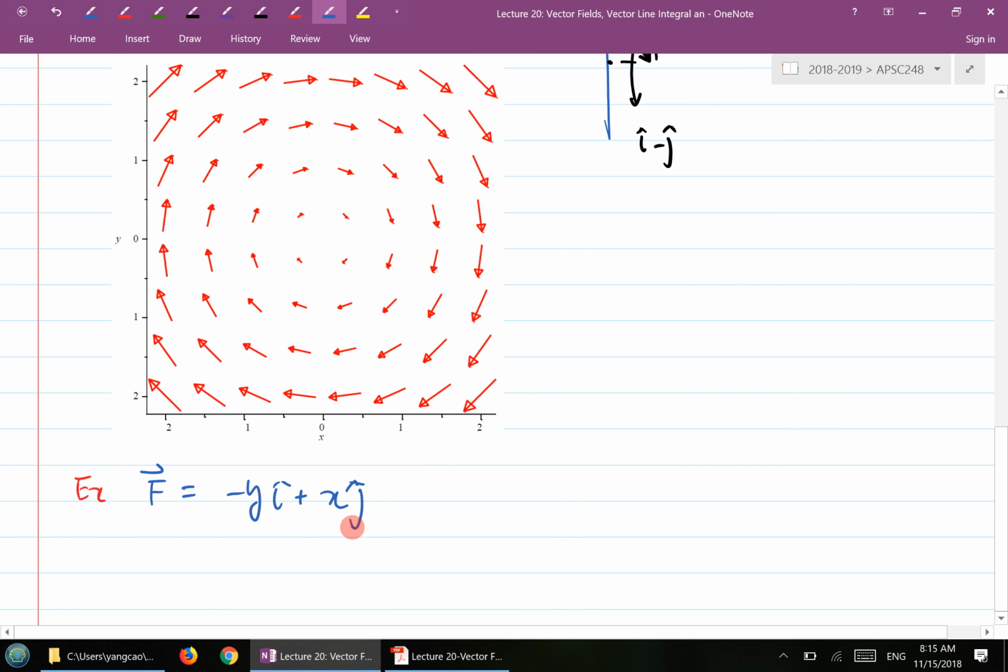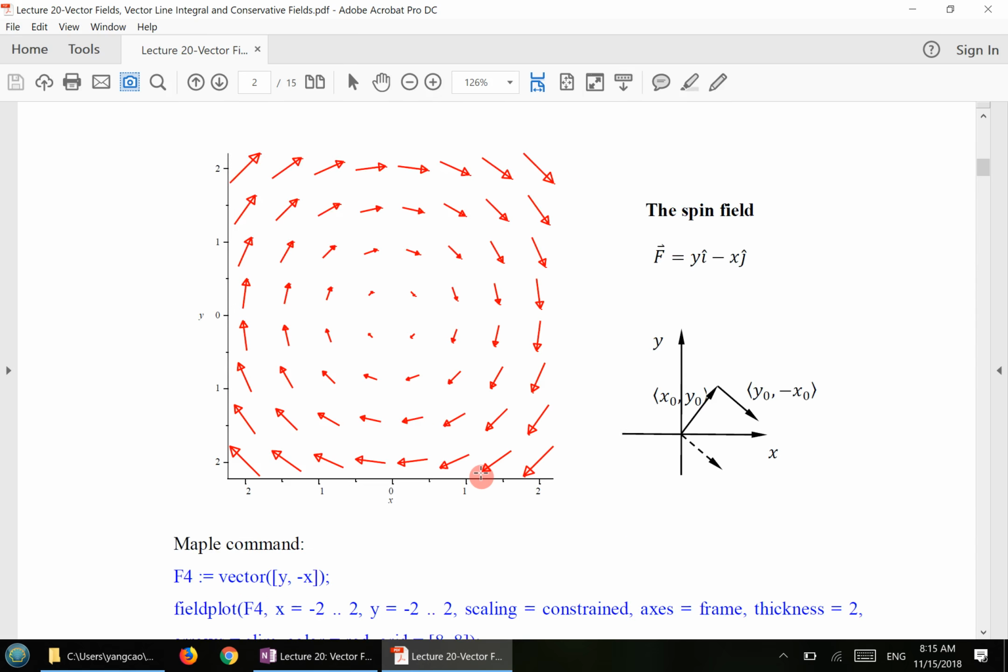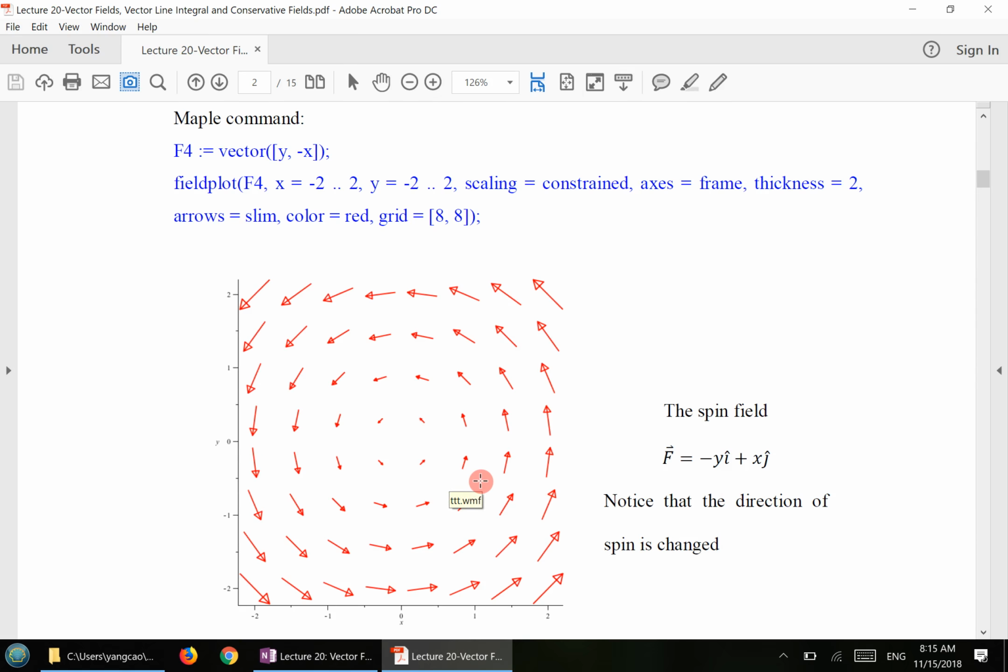So if I plot this, if you have this one already, the difference will be simply what? The reverse. Exactly, right? So you're going to get a completely reversed direction of these vector fields. Good? I showed you some Maple and MATLAB commands for how you can plot a vector field, sometimes to help you visualize